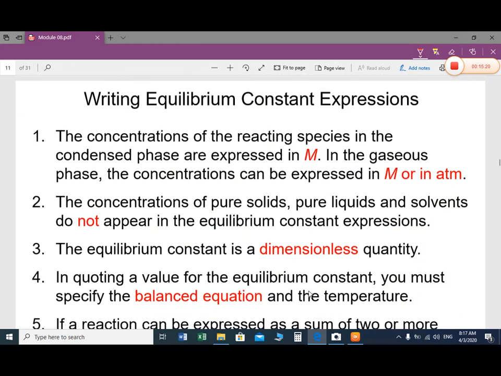Now there is some information about the equilibrium constant which I already explained during the lecture: if you are calculating in terms of concentration, then molarity will be the only method of calculation. When the phase is gaseous, you can calculate both in terms of molarity and in terms of partial pressure in atmospheres. For the gaseous phase you can calculate both Kc and Kp. But when the system is only in the aqueous phase, you can calculate only in terms of molarity, meaning Kc, not Kp. But you can mathematically convert by the equation.